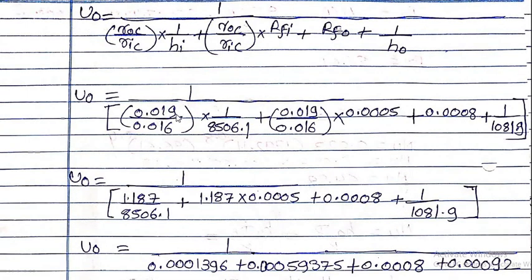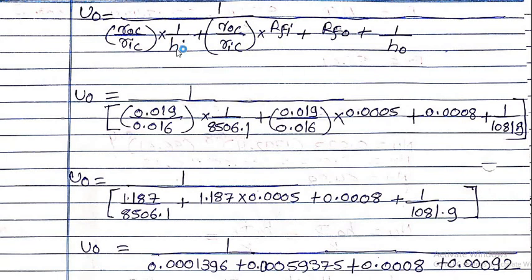Here I am taking directly the diameter, because the radius is nothing but diameter divided by 2. So here also outer diameter divided by 2, inner diameter divided by 2, so 2 will be cancelled. So outer diameter divided by inner diameter, so directly you can take the diameters also. The outer diameter of the copper tube is 0.019 divided by the inner diameter of the copper tube, 0.016, multiplied by 1 divided by